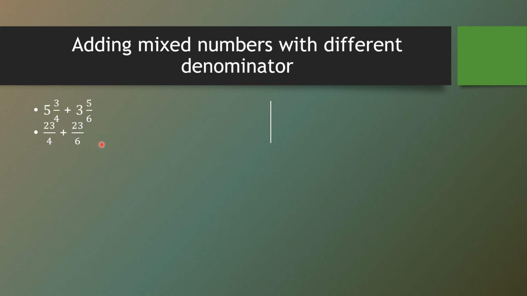Now these are improper fractions with different denominators. Denominators are 4 and 6. At first we will find out the LCM. Whenever there are different denominators, we need to find out the LCM. So here, LCM of 4 and 6. We know that the common factor of 4 and 6 is the prime number 2. So we will divide by 2. 2 2s are 4, 2 3s are 6. Now there is no common factor other than 1. So we will stop here and we will multiply this common divisor and the remaining numbers. So that will be our LCM. LCM equals 2 multiplied by 2 multiplied by 3.